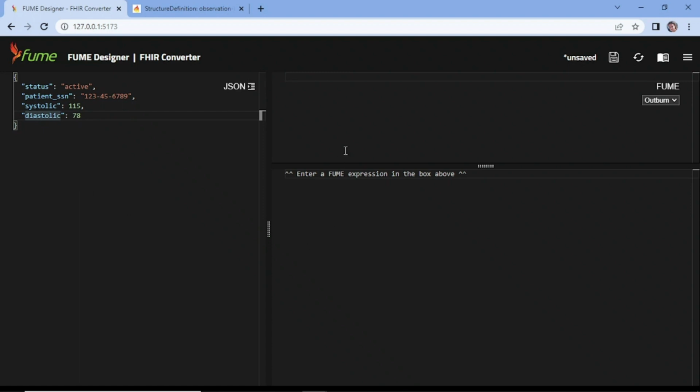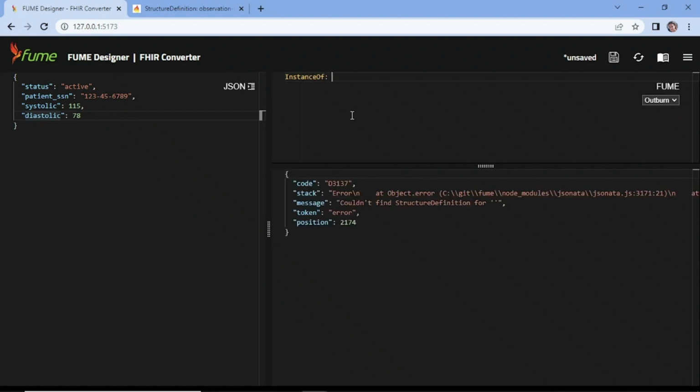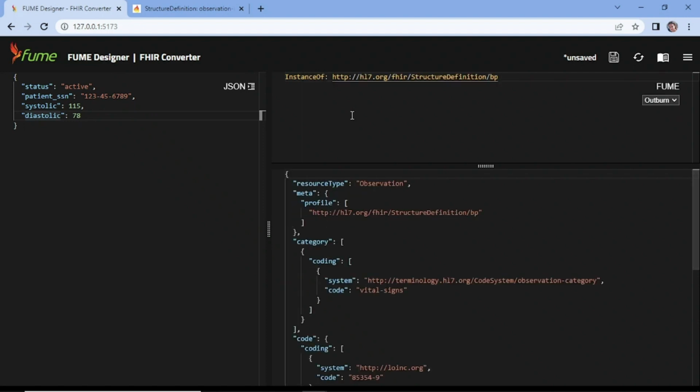profile. So the blood pressure profile has a URL. I can use that as the instance of declaration, and this is the canonical URL. I can also open it from here,